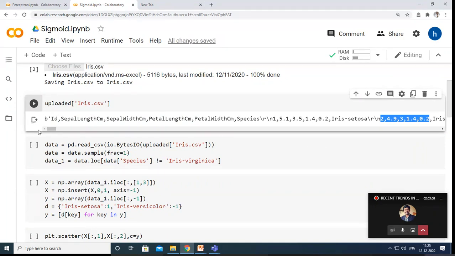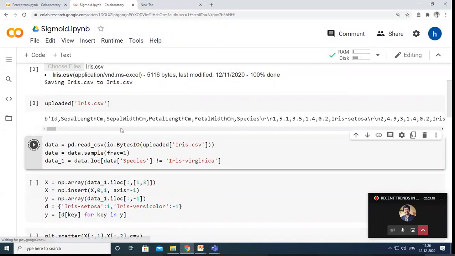Okay. And now, to make it more amenable for our processing, we make use of pandas. And from this dictionary, we take the lines of data so that in the data frame, there will be individual records row by row. So I read the data and then I sampled it. I told you,